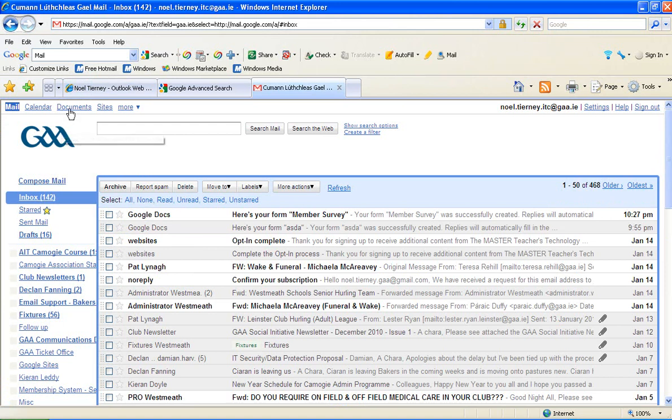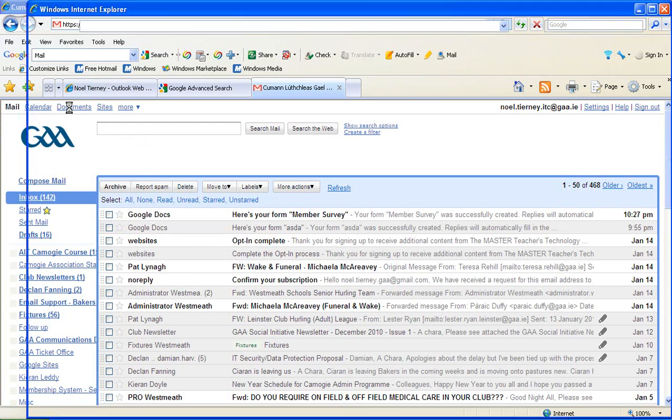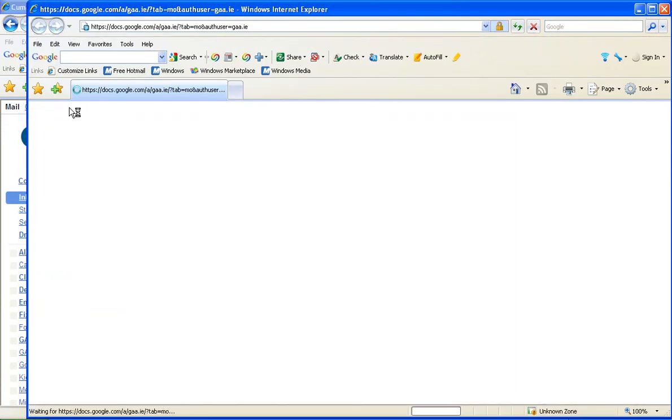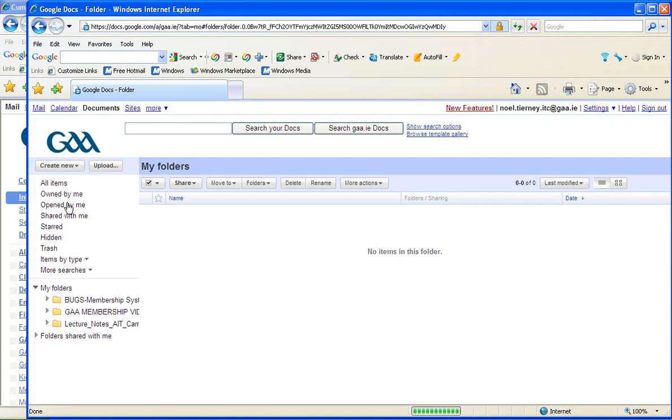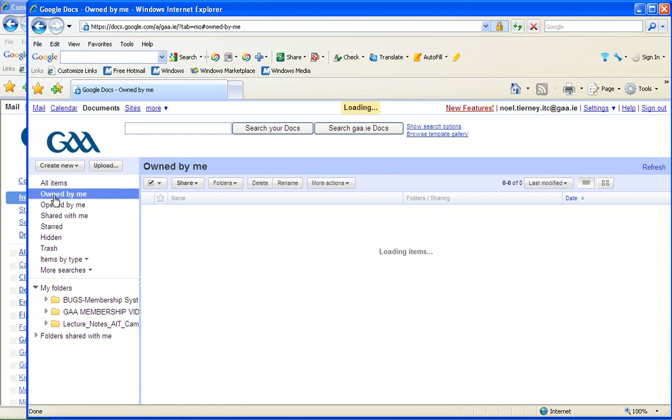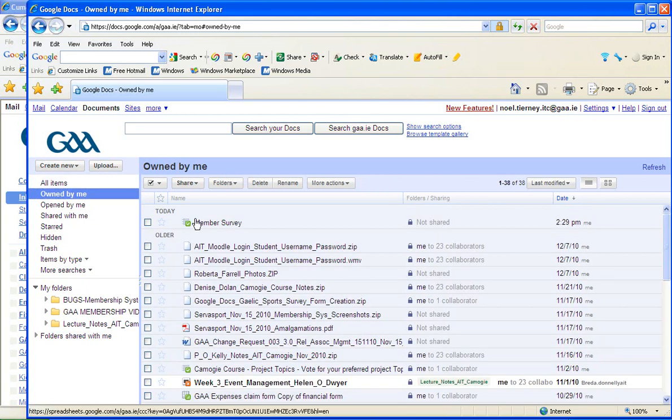I click under documents to see where the responses have been gathered. Okay, so the responses have been gathered in a centralized spreadsheet. So if 10 people have filled in that survey, when I open this spreadsheet, it mightn't be instantly visible. So just make sure, I'm the creator of the spreadsheet, this noeltierney.itc account. So when I hit on the documents owned by me, this member survey will appear as one of my options here. So when I double click on the